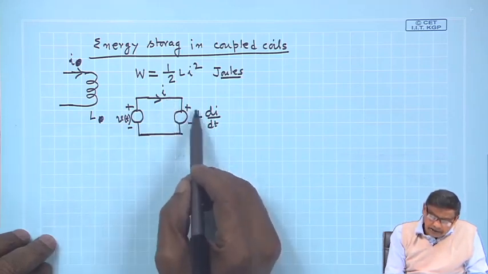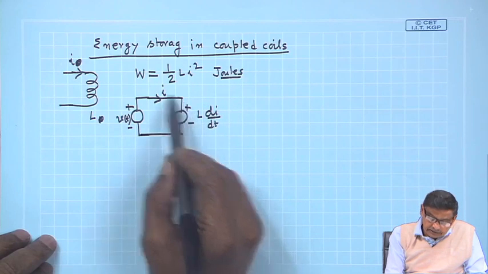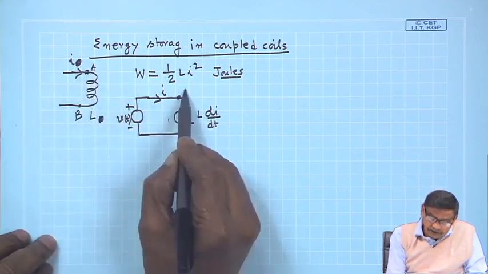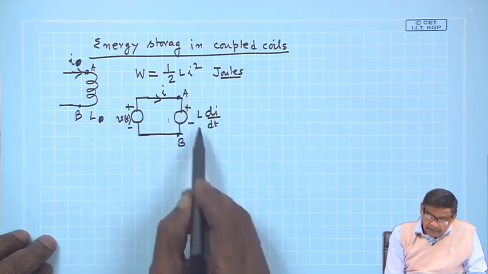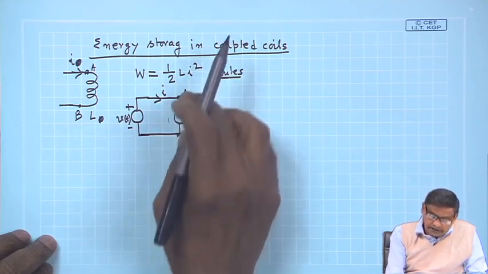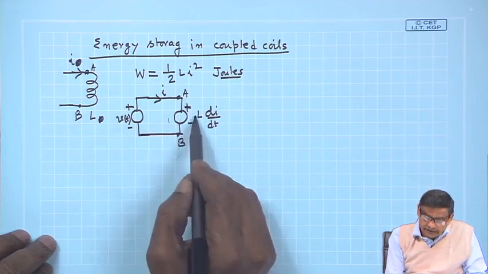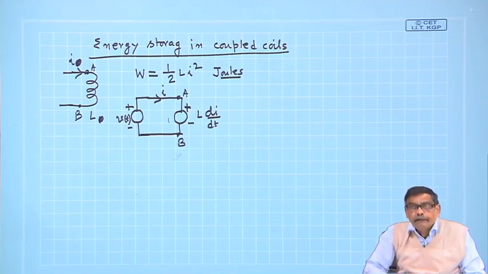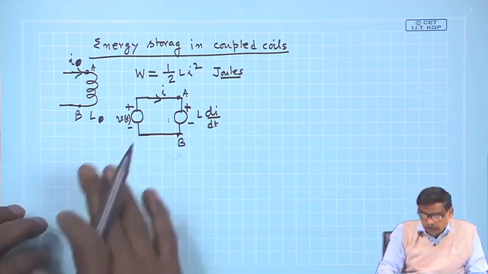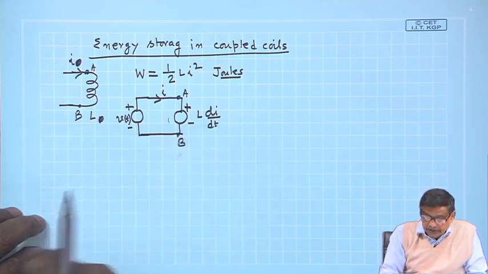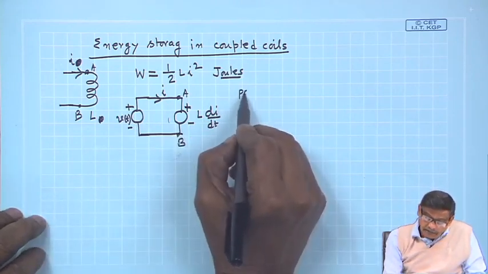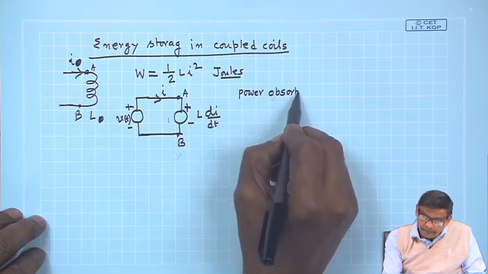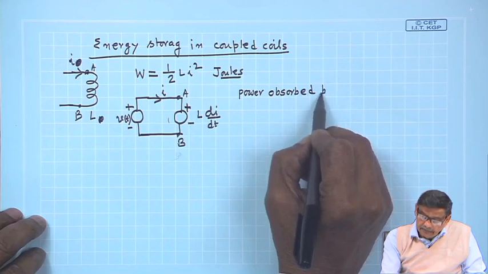Similarly, when you come to this inductor whose terminals are A and B here, this is also A and B. The polarity of the voltage across the inductor, this is plus, this is minus, L dI/dt, and current is entering through the positive terminal, which means that it is absorbing power. So, the source is delivering and the inductor is absorbing. Now, power absorbed by L